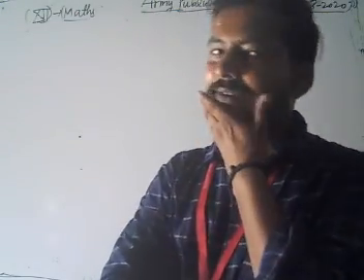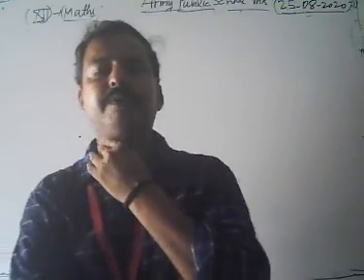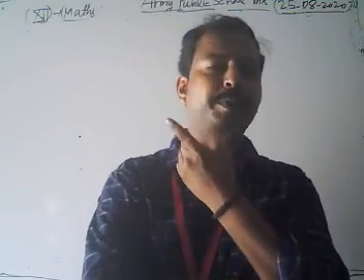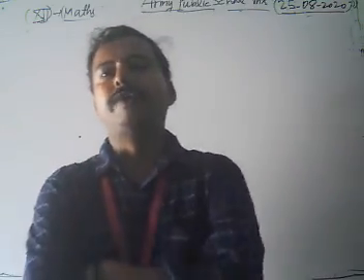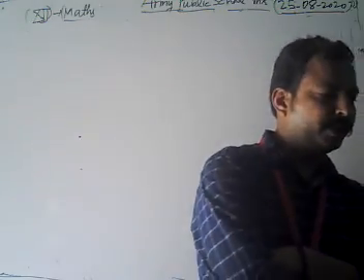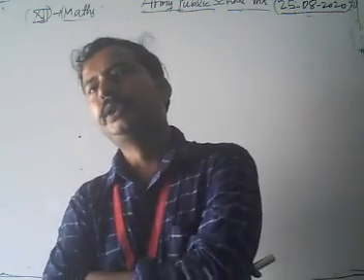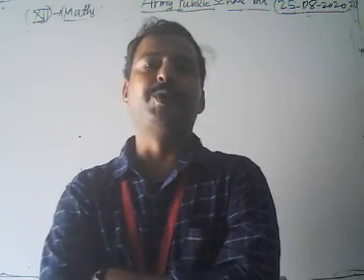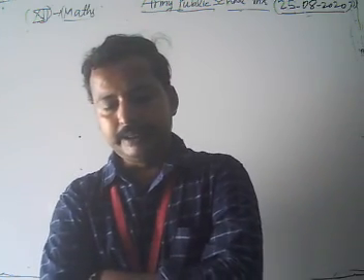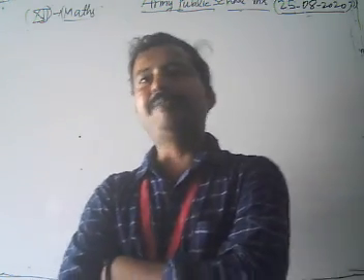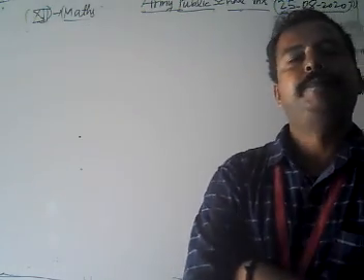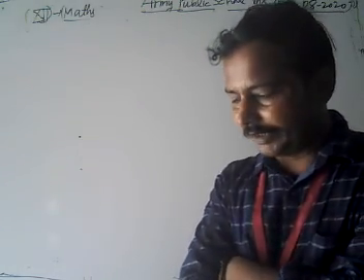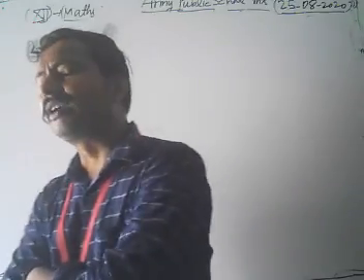Then we also saw how to show that three given points are collinear: for three scalars mu1, mu2, mu3, the condition is mu1 times vector a plus mu2 times vector b plus mu3 times vector c equal to 0, and also mu1 plus mu2 plus mu3 equal to 0. Then we discussed how to find the angle between two given lines in vector form as well as Cartesian form.